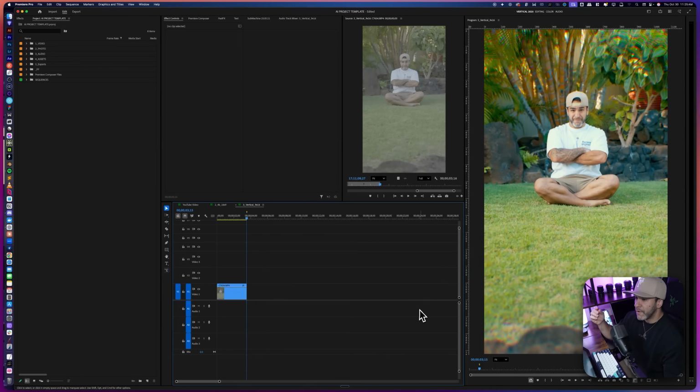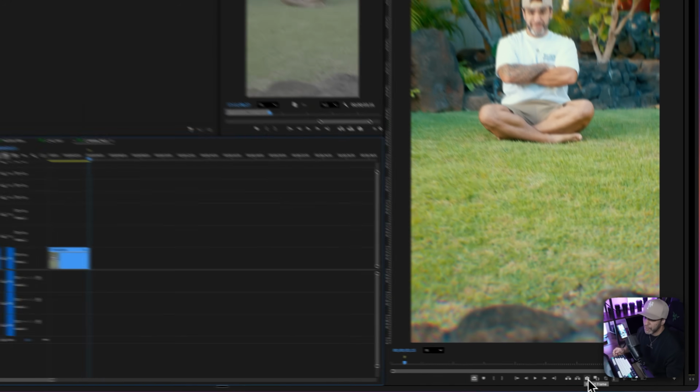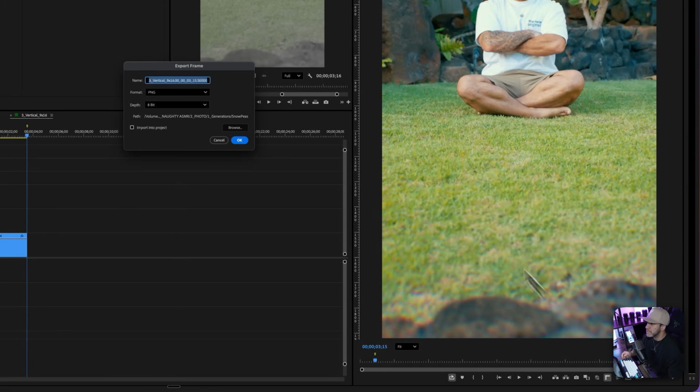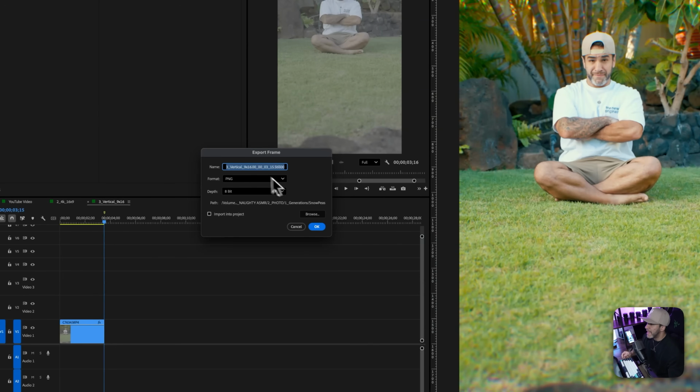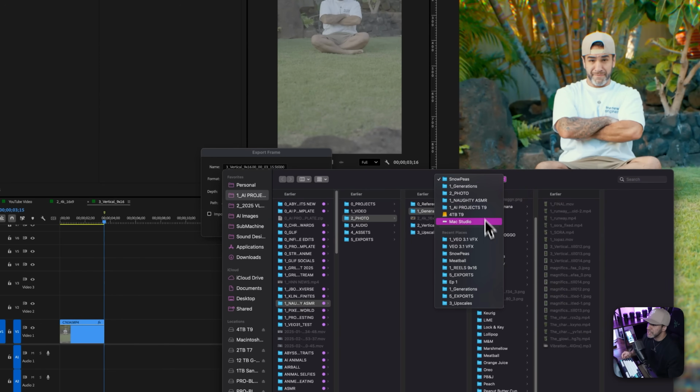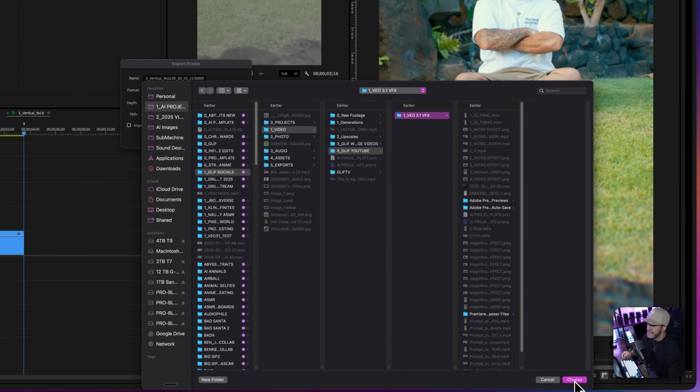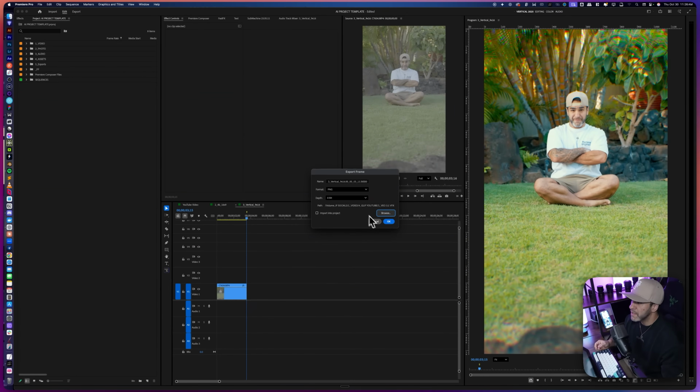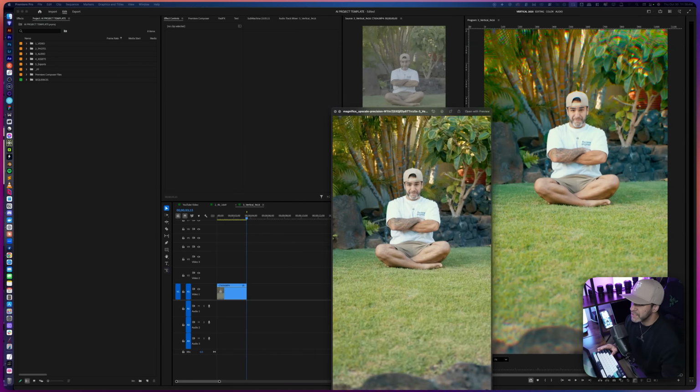Now, every video editor has an export frame function. You want to use this, and you do not want to just take a screenshot, because you want the highest quality image to be able to give to Veo. So down here in the right-hand corner, I'm going to click this little camera, and this is to export the frame. And all this is going to do is allow me to export the screenshot of this into the folder. So now I have this screenshot